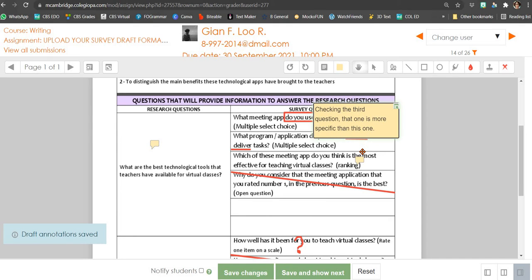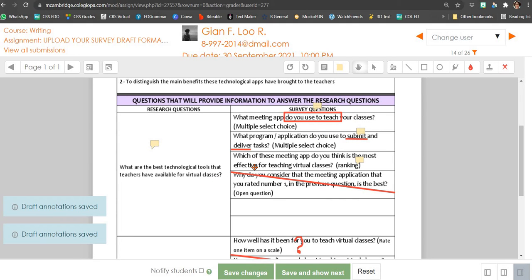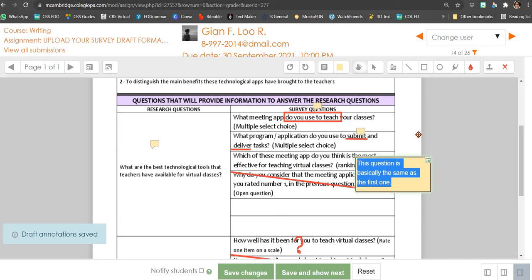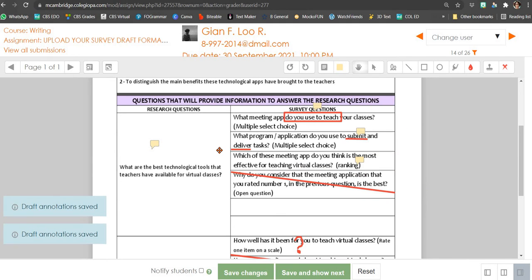Okay, checking the third question. That one is more specific than this one. The third question is this. Okay, look. First question and third question are very similar, even when this one is ranking. This question is basically the same as the first one. And if I analyze the two of them, I believe that the third one is better because